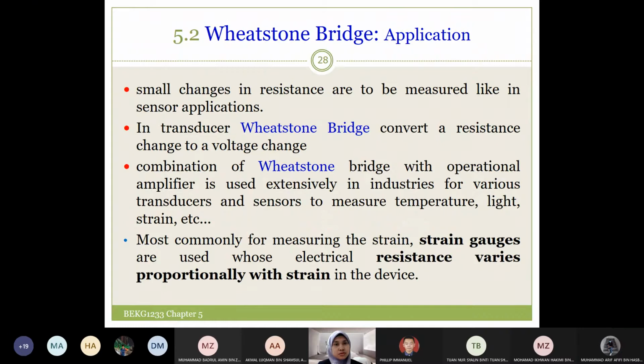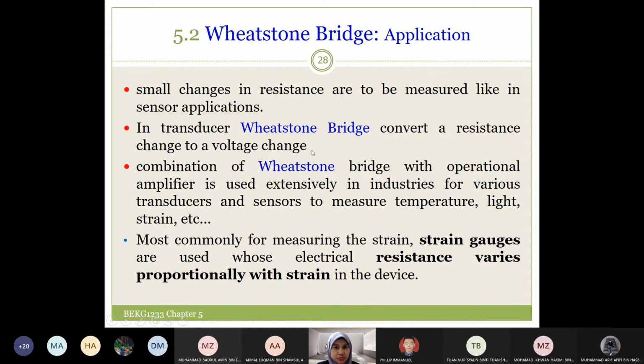Okay, so Wheatstone bridge application. Small changes in resistance are to be measured like in sensor applications. In a transducer, the Wheatstone bridge converts a resistance change to a voltage change. The combination of Wheatstone bridge with operational amplifier is used extensively in industries for various transducers and sensors to measure temperature, light, strain, and so on. Most commonly for measuring strain, strain gauges are used, whose electrical resistance varies proportionally with strain